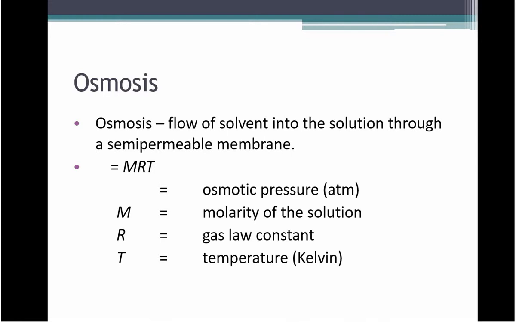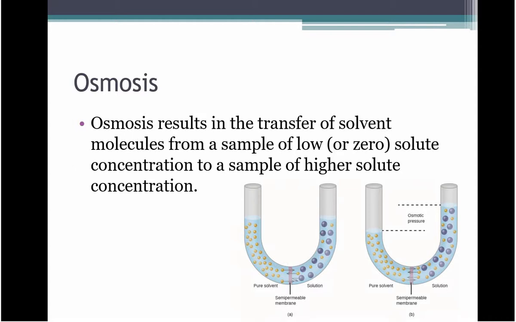Fourth colligative property is osmosis. Now this is just, I don't know why the symbol isn't showing up, but it is the flow of a solvent across a membrane to alleviate pressure. It's related to molarity and a gas law constant. For the most part, again, I'm not going to ask a mathematical question on this just because of relevance. But the idea is solvent is going to transfer to an area where it has a lower solvent concentration